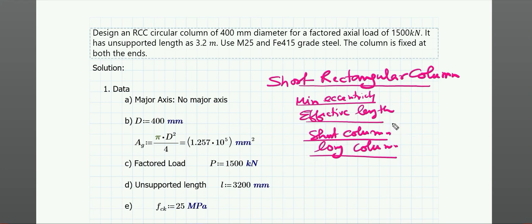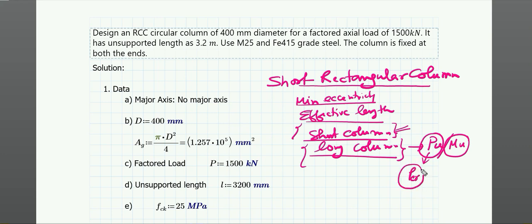So far what we have discussed is short column. I have already told you that short column design is easy compared to long column, because in long column the actual axial force will come, and along with it the moment is also going to act. But the problem with long column is that you have to look into the critical axial force, that is, the buckling load, that also you have to take into account when designing for long column, because long column fails by buckling.